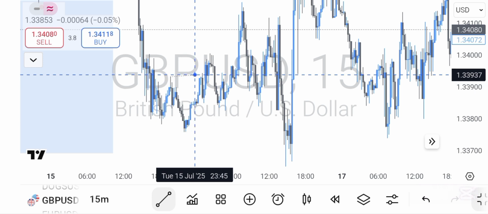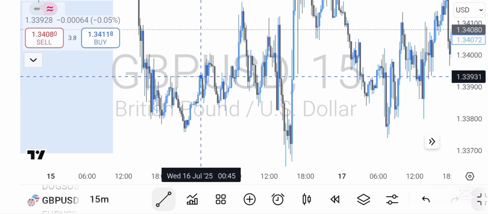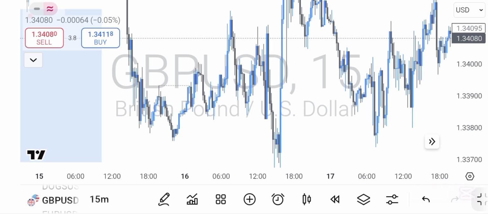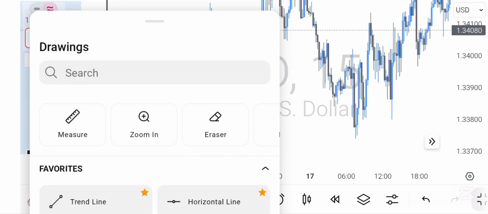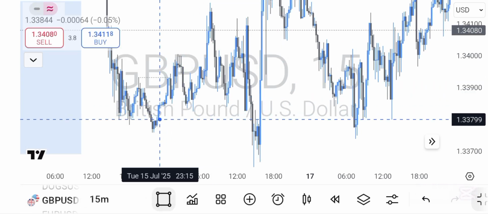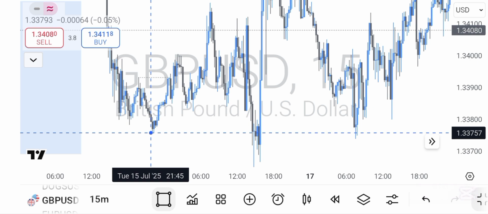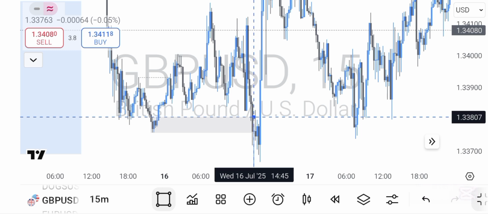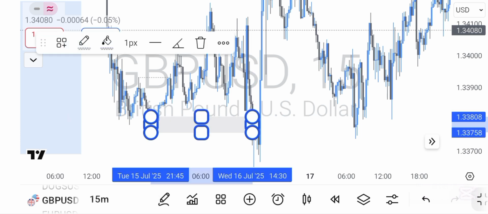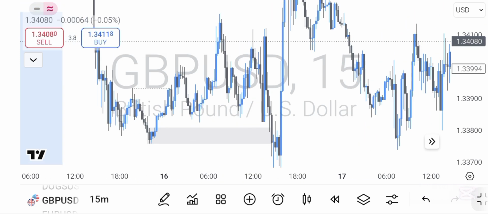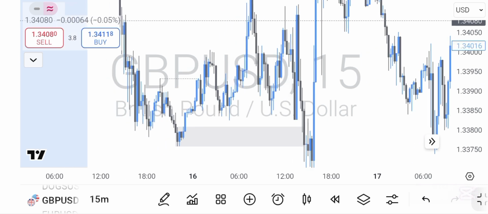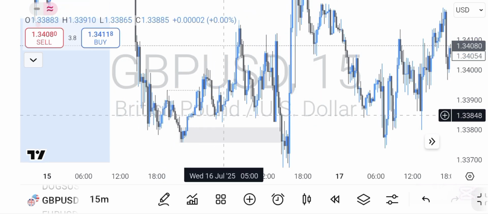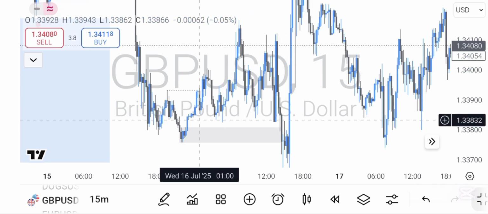We could see that price took out this last high, right? And then this was a demand zone that was supposed to be mitigated for price to move back higher, but it was actually liquidated, right? The reason why it was liquidated was because this was supposed to be where price should have moved from. You could see how we pulled back,